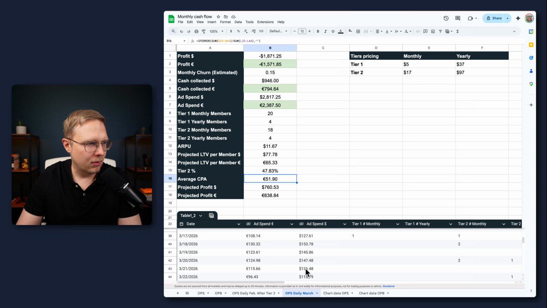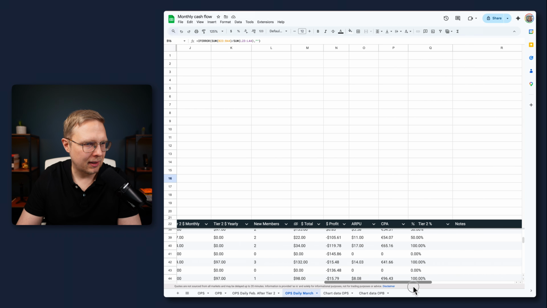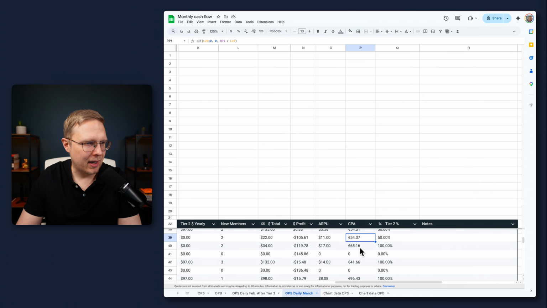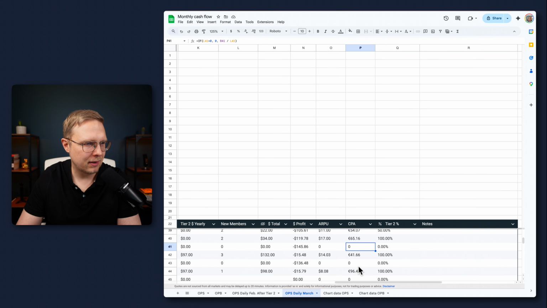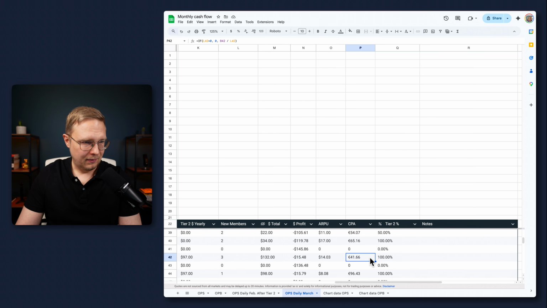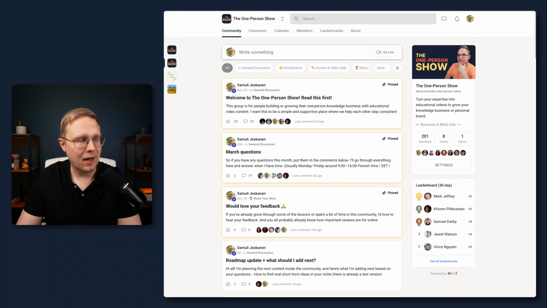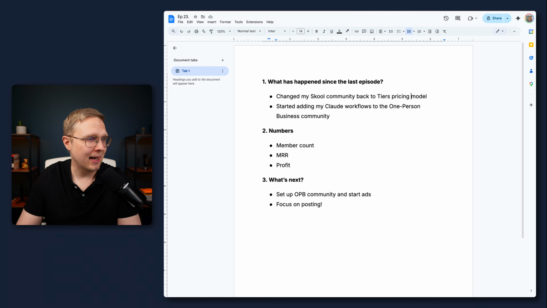And here I can also show those daily results about the test. So as you can see, the cost per action was pretty high. And of course, this is basically the cost per action here. I don't know why it's set to 0 here, but basically there was one day where the cost per action was good enough during this testing period. But yeah, maybe in the future I will come back to that pricing, but currently let's go with these two tiers again.